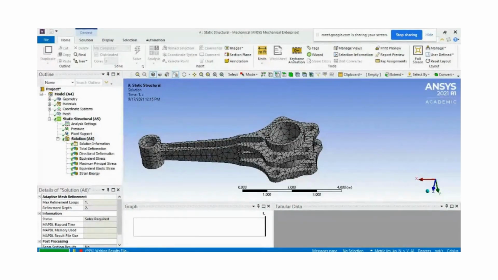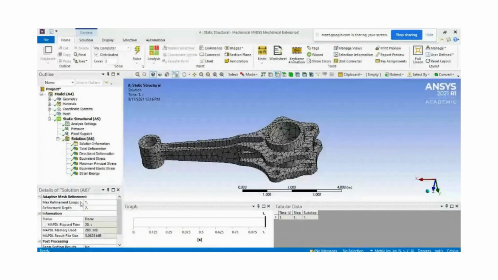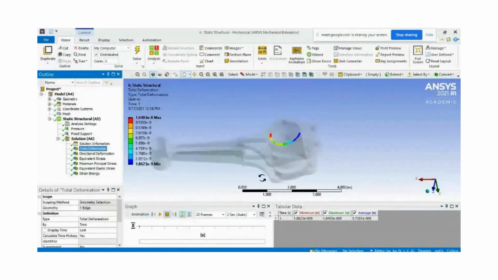Okay, it is taking some time. Right, now you can observe it is done, and it is showing the green check marks. So to view the result, you only have to click on